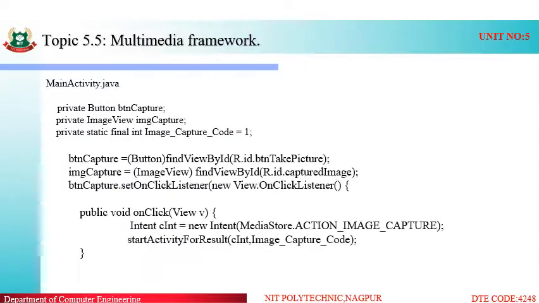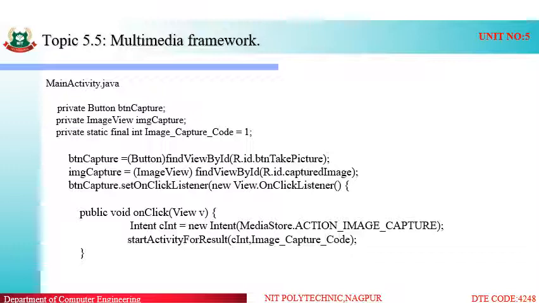Next, inside the main activity, we have created a variable of button capture, that is btnCapture. The class is Button, so the type is Button. Similarly, for image view we have created imgCapture, and we have initialized the capture code as 1. Capture code means whenever we are using the intent object, we have to give the capture code.